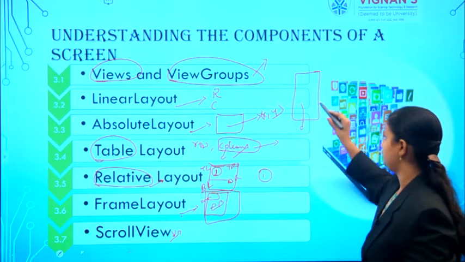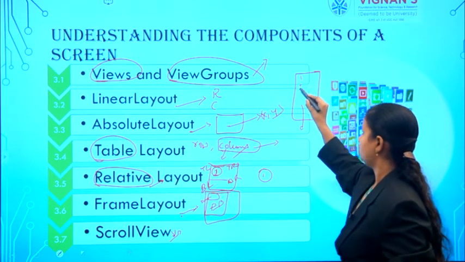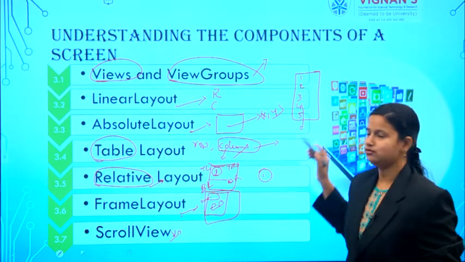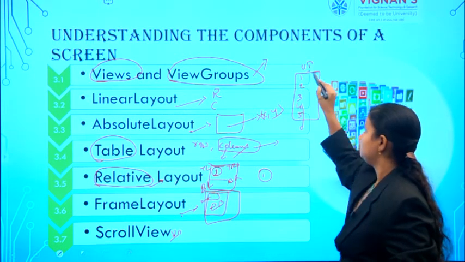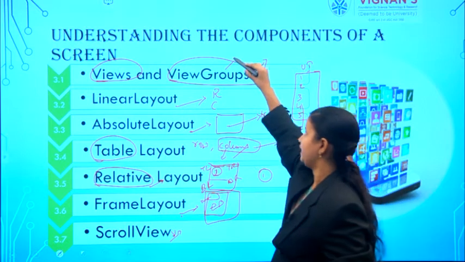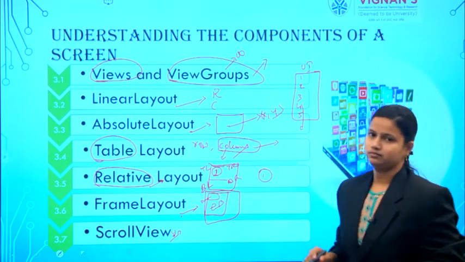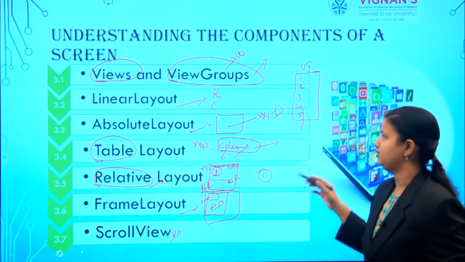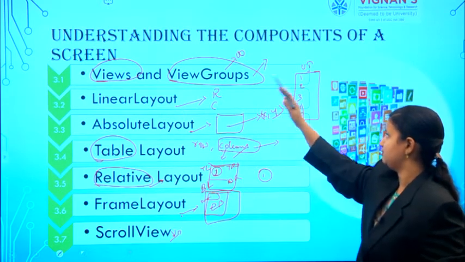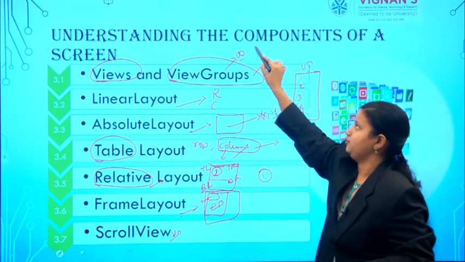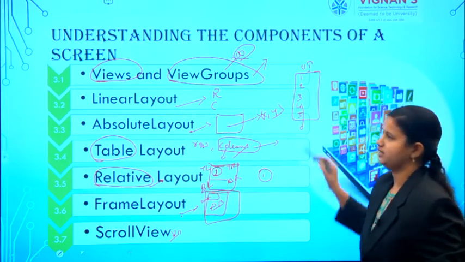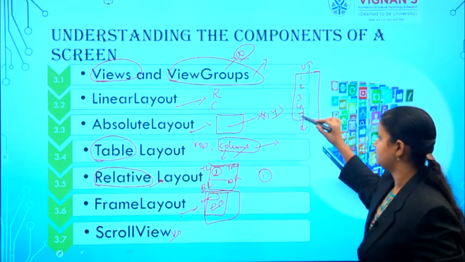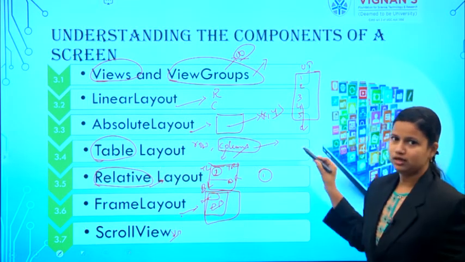For example, if your user interface has only 5 elements, but you have to arrange 10 elements in this user interface, how is it possible to arrange those 10 view group elements in this user interface? So that's why, beyond the physical appearance of the screen, we have to add more views.